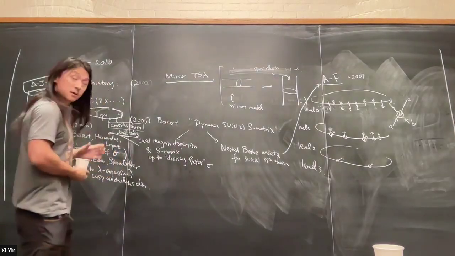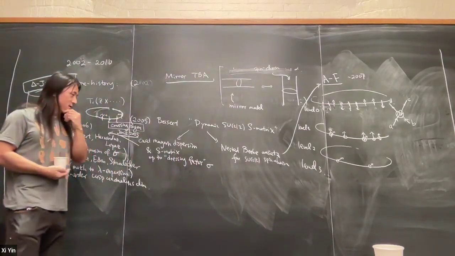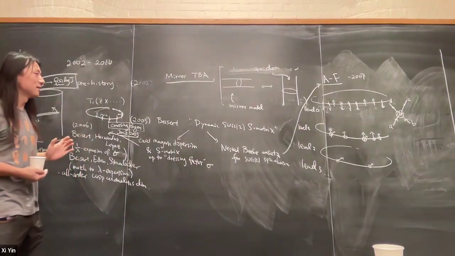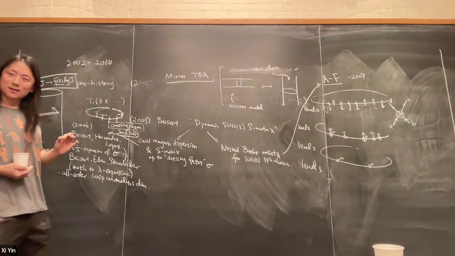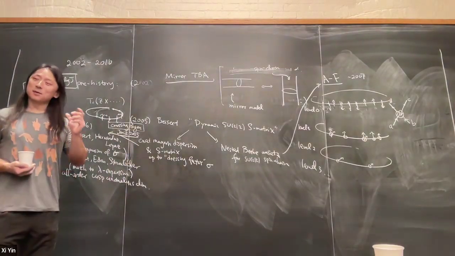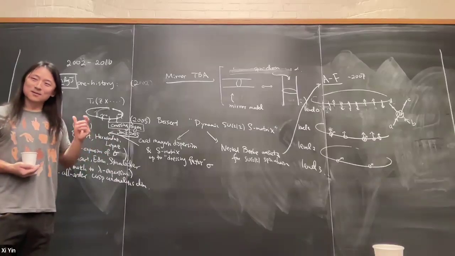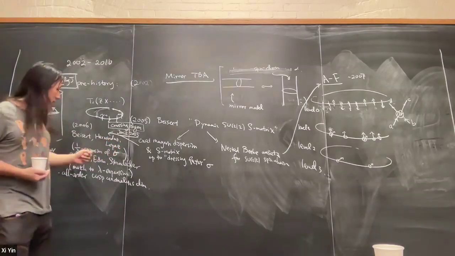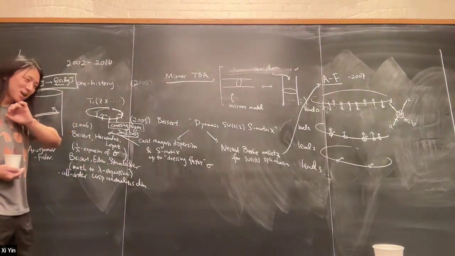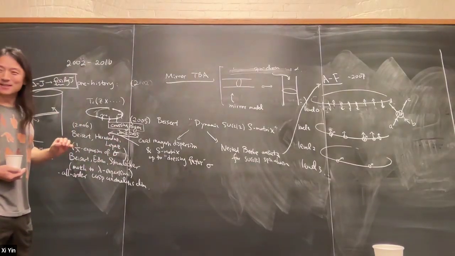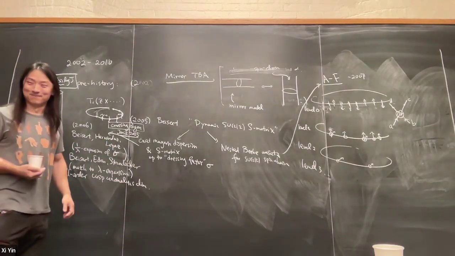A priori, this S matrix description is valid when the magnons are sparse. But there's a huge amount of evidence, with no clear a priori logical explanation, that it is actually valid also in the limit when magnons are dense, provided the spin chain is long. It's well understood that if the spin chain is short, it does not work. But as long as the spin chain is long, the magnons can be dense, and the same story still goes through. This is, in fact, very important, and we will discuss it when we get to the dimension. So that's one of the big assumptions. But the assumption has been checked in incredibly impressive ways, so I think there's no doubt that this is correct, but there's no derivation.